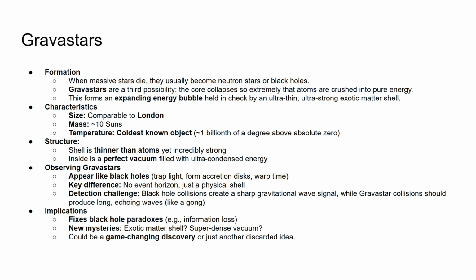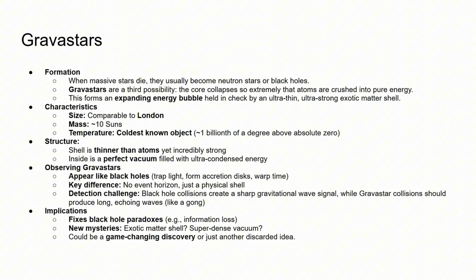In fact, it would take the energy equivalent of a supernova to stretch the shell across the whole diameter by 1 meter. And then inside the shell is a perfect vacuum that's filled with ultra condensed energy. Observing a gravistar would be very similar to a black hole because it would have huge mass, and because of its huge mass, there's a crazy gravity, so it traps light. It could form an accretion disk, and it could warp time. However, this proposes there is actually no event horizon,